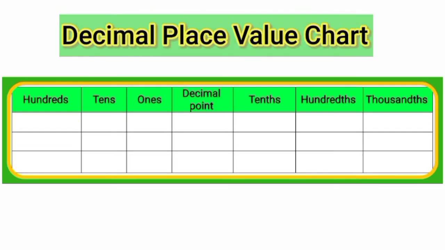Now let's proceed further and understand the place value chart. Look at this place value chart on your screen. These places you have studied for regular numbers, right? You have studied these places in your previous classes. Ones, tens, hundreds. Ones means 1, tens means 10, hundreds means 100, and so on. In the case of decimal numbers, after the ones place there will be a decimal point.